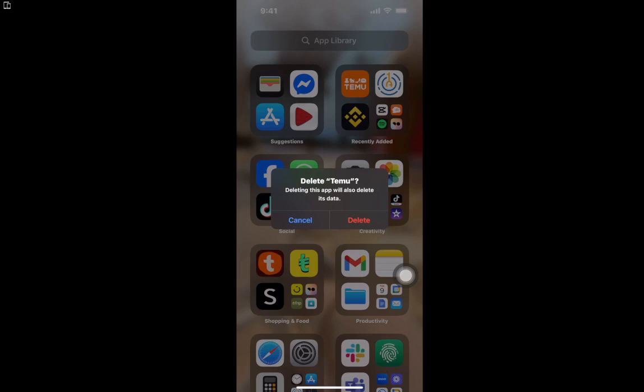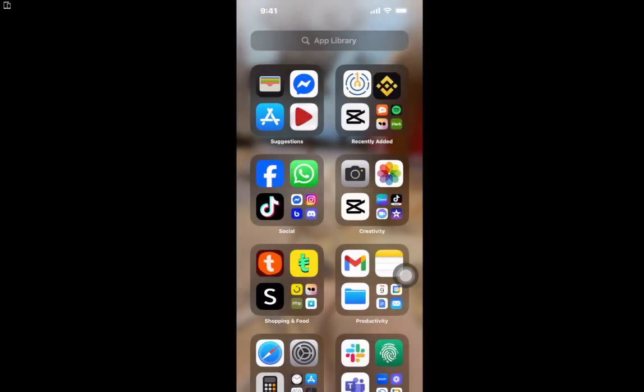Look carefully around the icon for a small X symbol or possibly a remove or delete option, depending on your device. This is where you will select the delete option. On some devices, this action might be labeled differently, like uninstall, but the goal is the same, to remove the app from your device. Next, you'll often be prompted with a confirmation dialog box asking if you wish to delete